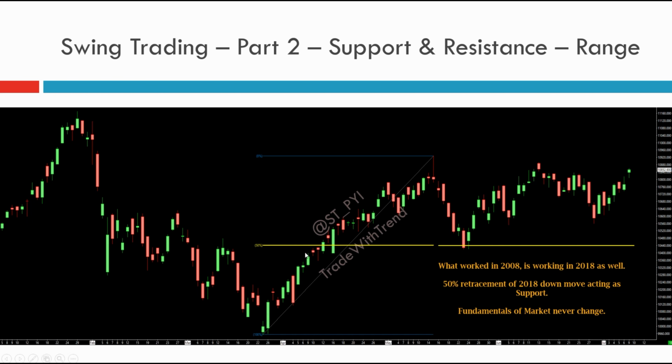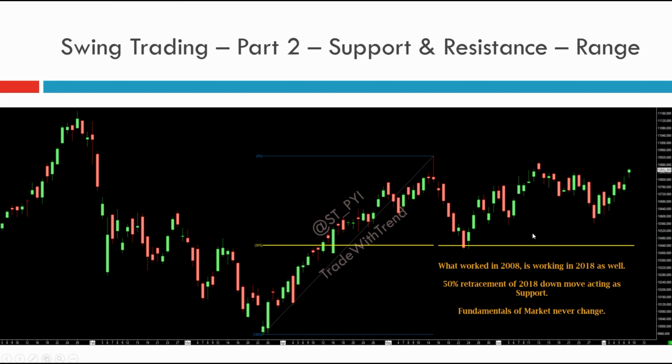Now what we've seen here is that Nifty has bounced from 10,000 to about 11,000, and then look, the retracement that has happened has taken support at 50% again. So which is why I want to show you that if you want to become a serious swing trader, get into a habit of identifying proper support and resistance levels based on point number one, that is range marking. Don't get into a habit of marking out one particular level. And number two, on your charts, start using Fibonacci retracement, especially the 50% mark.